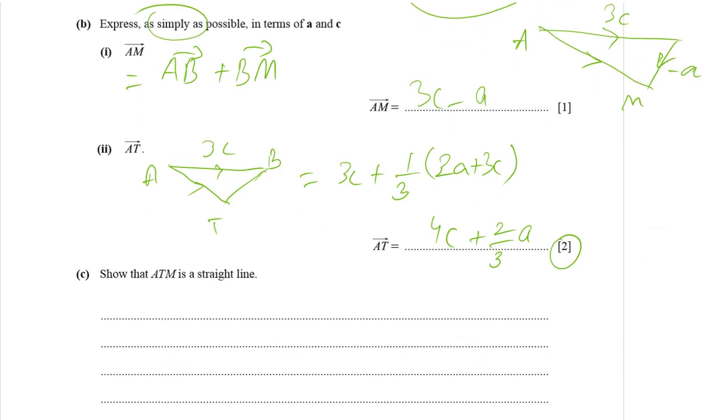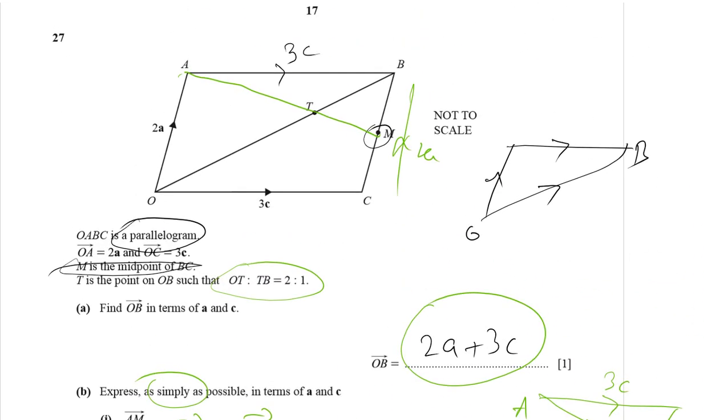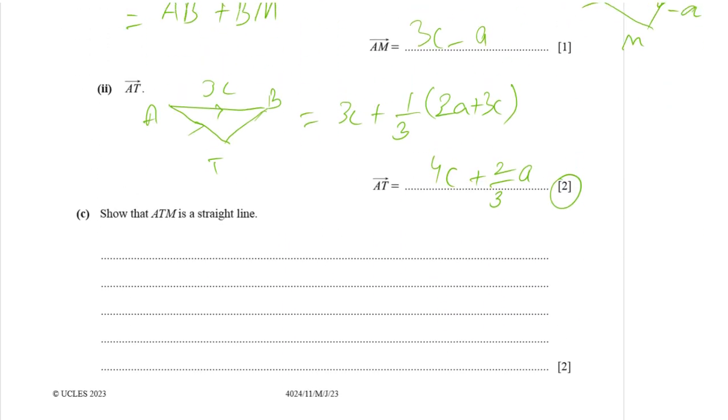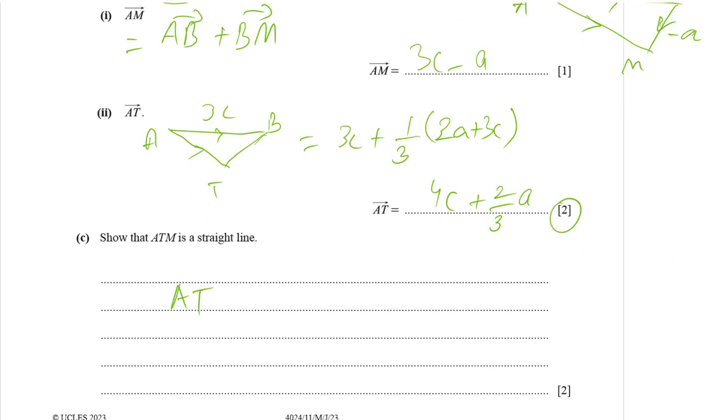Last part, show that ATM is a straight line. Straight line means that it is not moving left or right or tilting anywhere. It definitely means I have to prove that these are parallel. So for proving ATM is a straight line, your AT